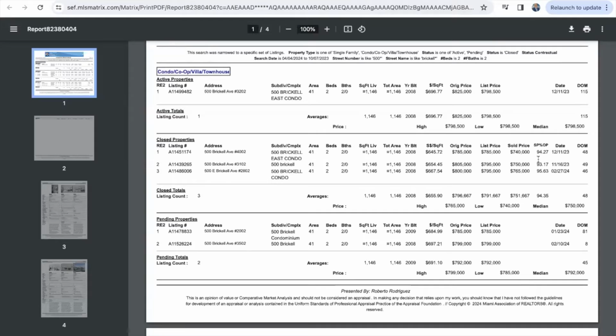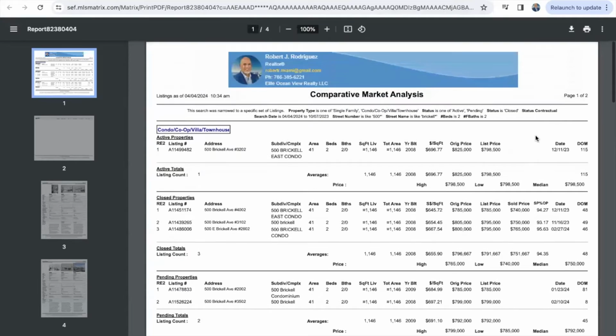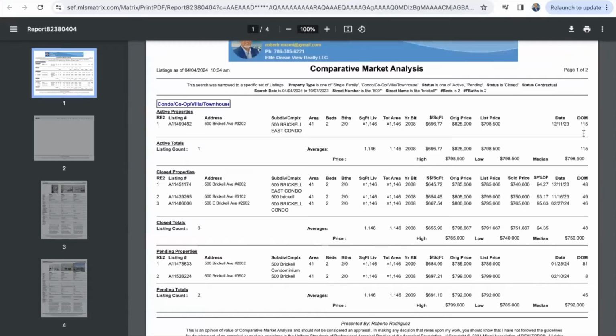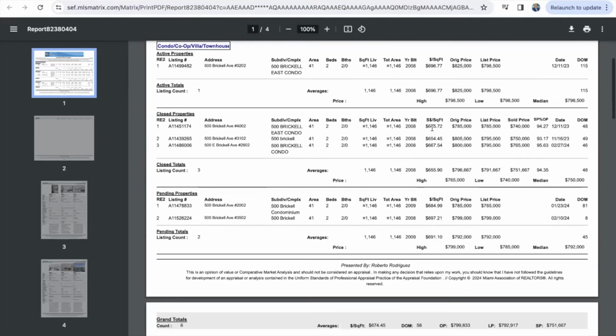For my active listings, we have one active listing at $798,500. It's been on the market 115 days, and it's coming in at $696 a square foot. For my closed properties, we have 3 closed properties, 740, 750, and 765, with an average of 751. That's an average of